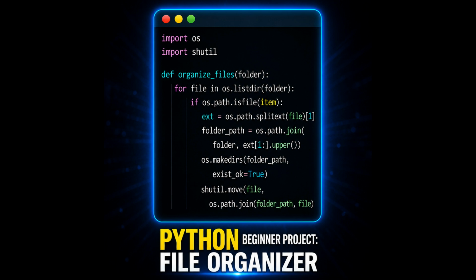Using os.path.splitext(file), the script identifies the file type, and with os.makedirs, it creates the appropriate folder automatically. Finally, shutil places the file into its new home, instantly turning a cluttered directory into a neatly organized structure. You can run this script in any folder, and it will sort your PDFs, images, music, videos, and more with